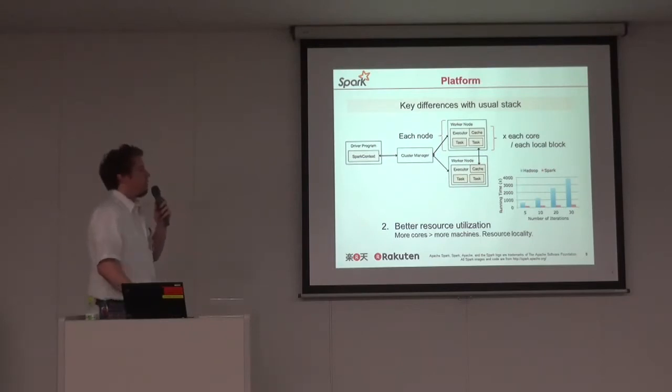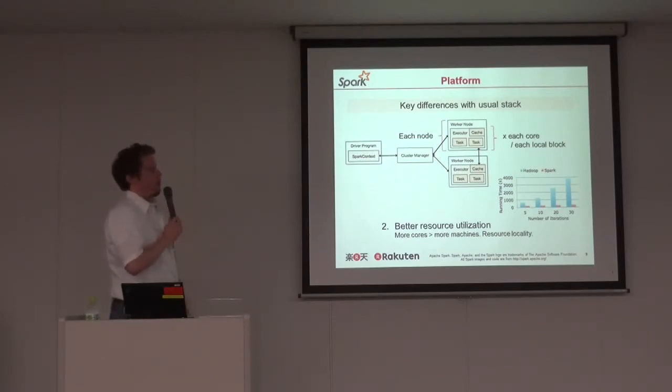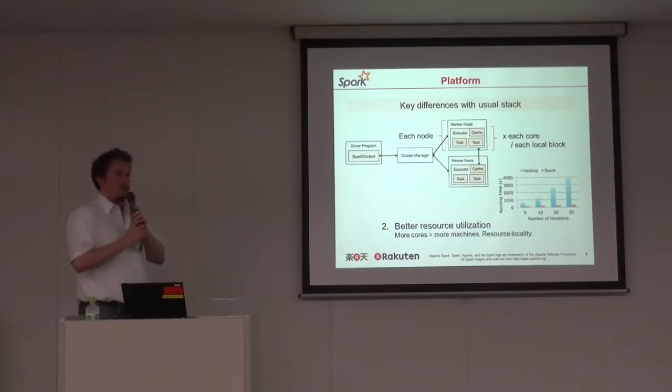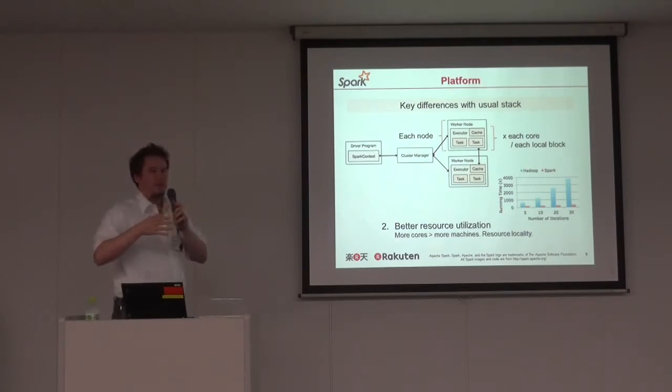And one thing, it becomes a hybrid between vertical scaling and horizontal scaling, since when you want to use Spark, you would want fewer machines with more cores than the opposite. And you want to take advantage of resource locality. What does that mean? If you have an HDFS, you want your Spark to be on top of that HDFS on the same cluster, right? So when you launch a job, such as the word count before, if you're using the Python API, you spawn one Python process per core, and then each of them is going to take a different block.